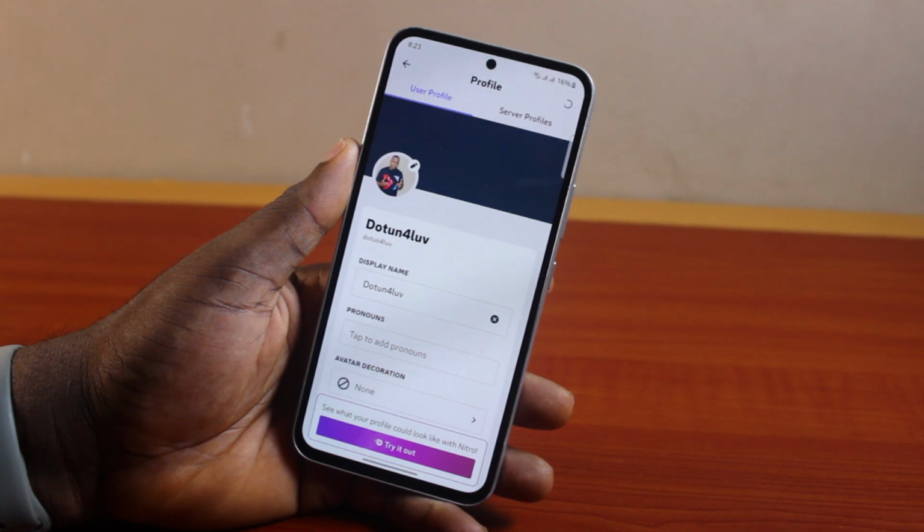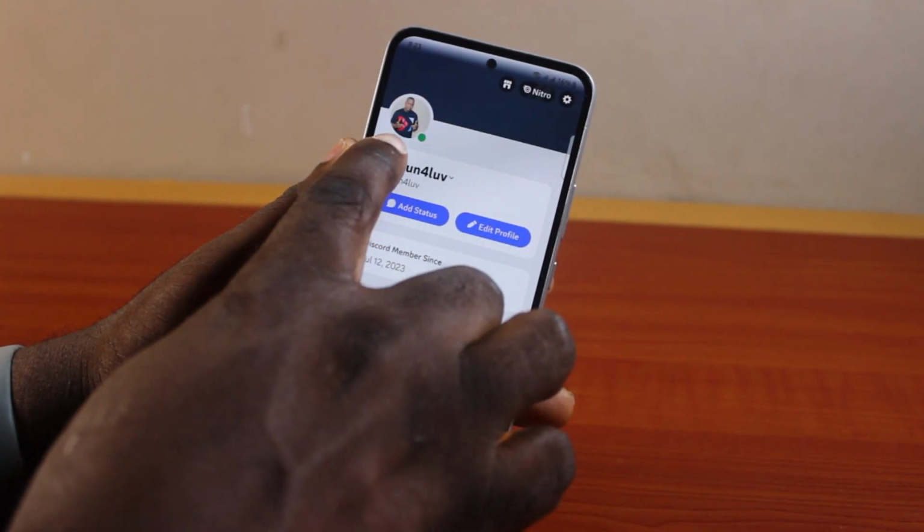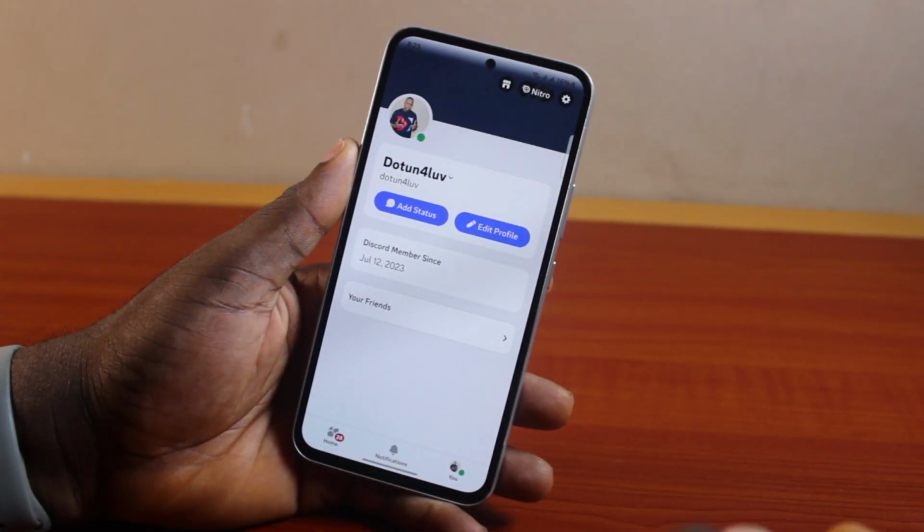Now once you hit the save button, hang on while your profile picture is changed. You see that? So that is basically how to change